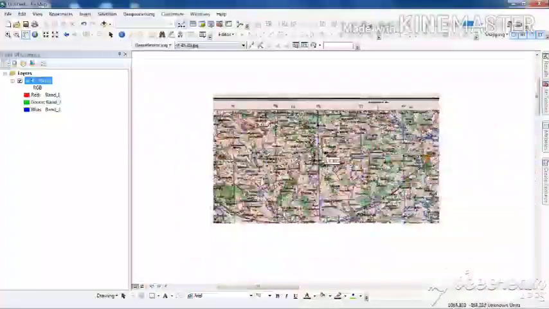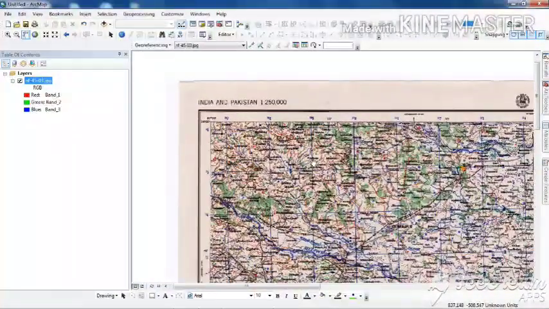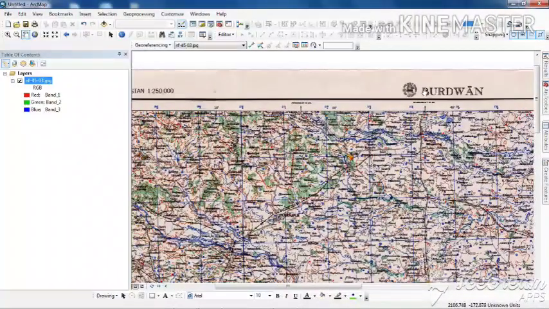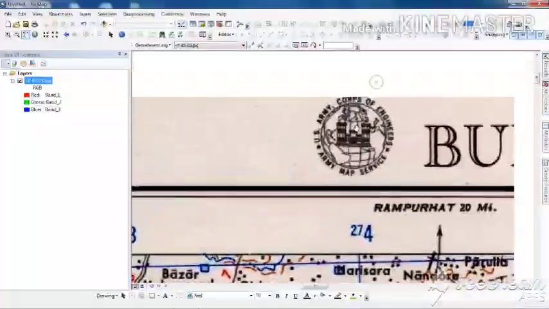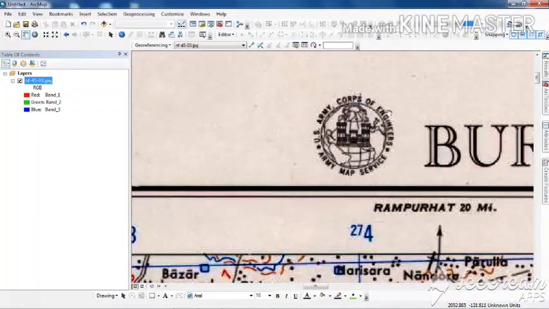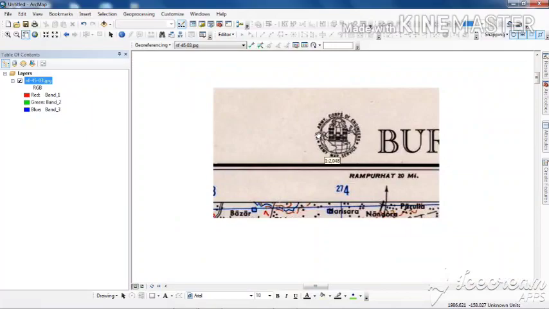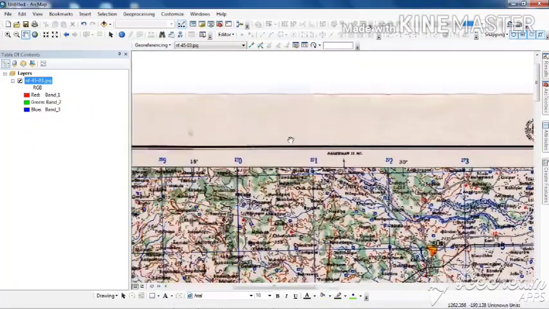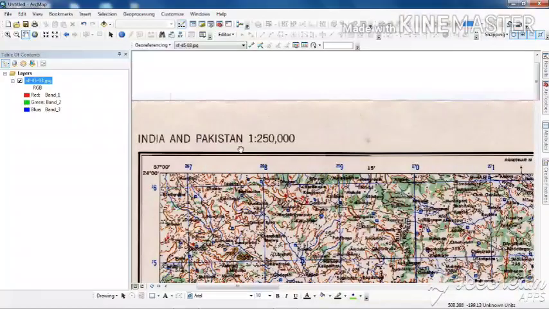Before starting the georeferencing, I would like to brush you up once again on what you can see over here. This is the logo that testifies the Army Corps of Engineers, or the US Army Map Service. This particular map has been downloaded from the website of the University of Texas. It is a 1:250,000 sheet.